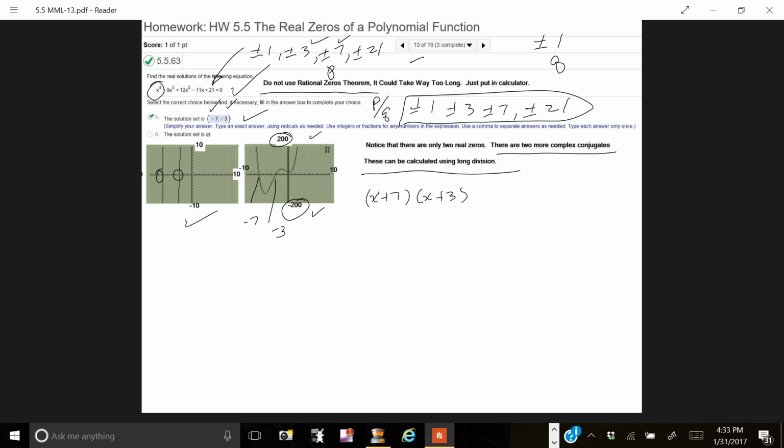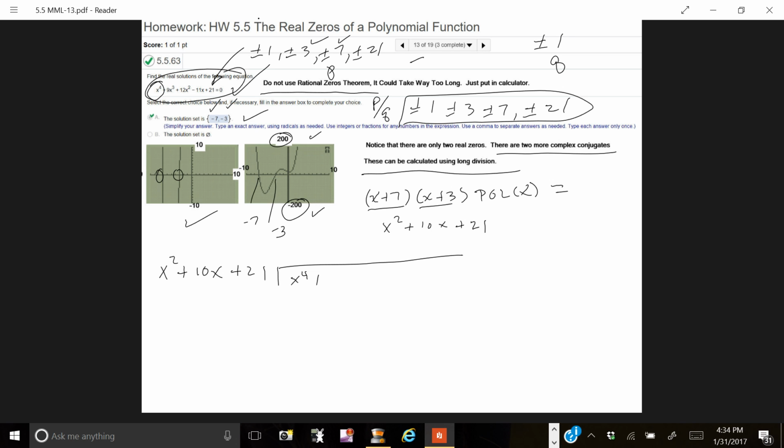times some, we'll call it polynomial of x, that now equals the overall polynomial. So multiplying x plus 7 times x plus 3, we get x squared plus 10x plus 21. So now we can divide x squared plus 10x plus 21 into the overall polynomial, which is x to the fourth,